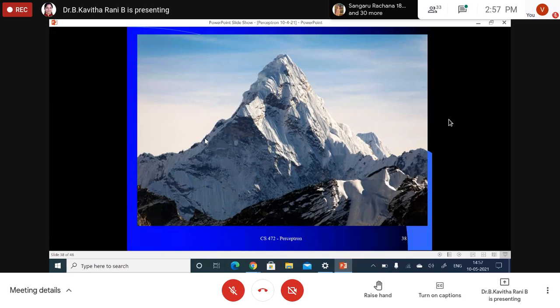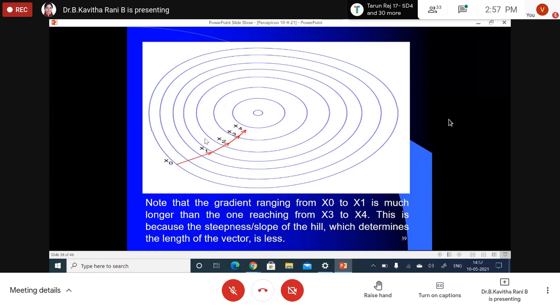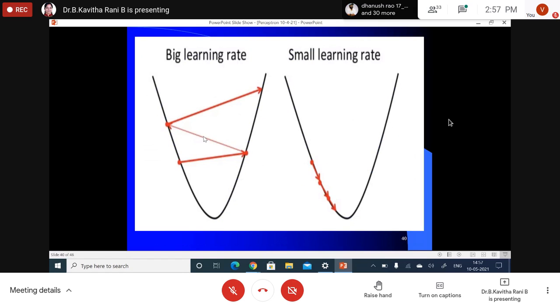If we want to reach the point, the gradient ranging from x0 to x1 is much longer than the one reaching from x3 to x4. This is because the steepness of the slope of the hill, which determines the length of the vector, is less. So this is nothing but big learning rate and small learning rate. This is nothing but the learning rate. So what is happening here? The system has learned something. If you see in the big learning rate, the range is